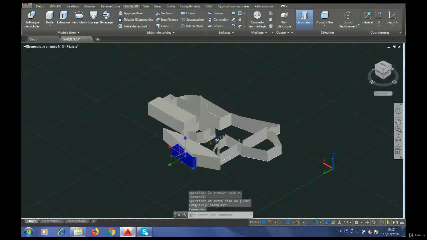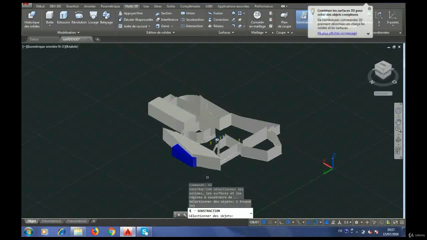Of course you can notice that I chose it blue because I want the internal wall for the input to be in blue color. So this is why I chose it blue. So as I said, I click